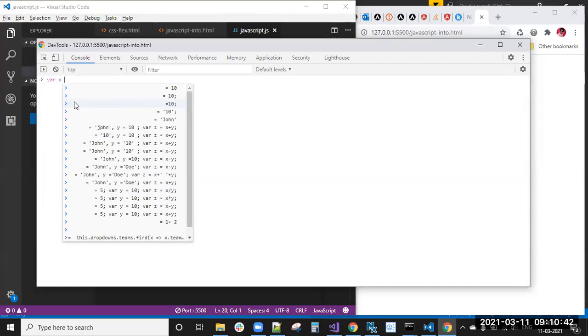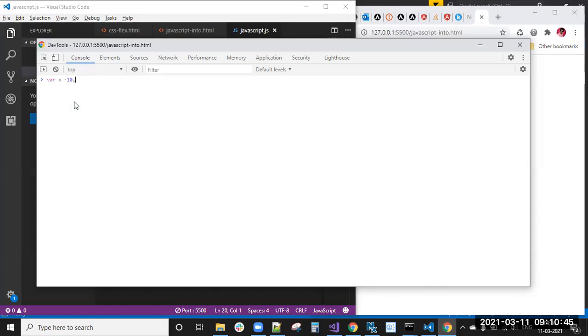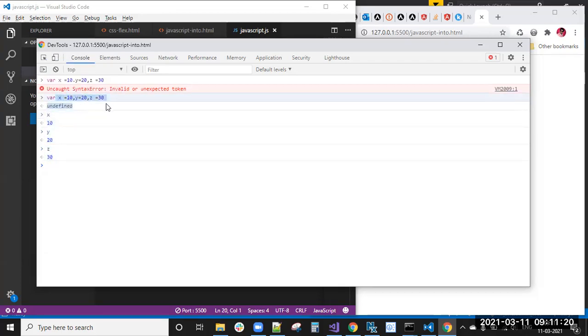If you want to declare 3 values at the same time, x equal to 10, comma, y equal to 20, comma, z equal to 30, you can declare like this also, comma separated, multiple values. You can remember this one thing.